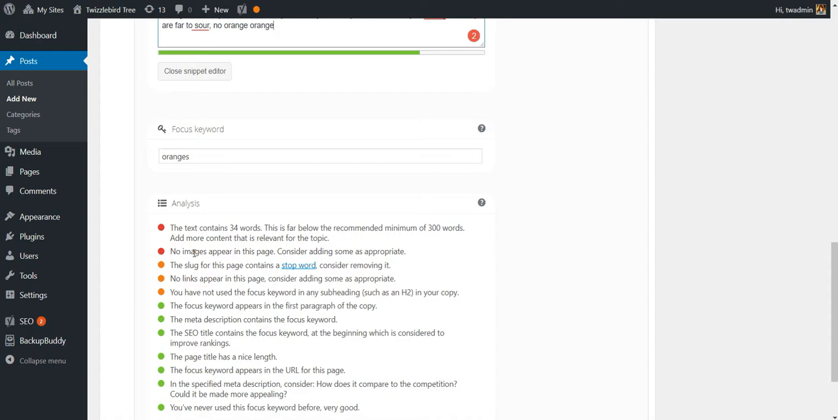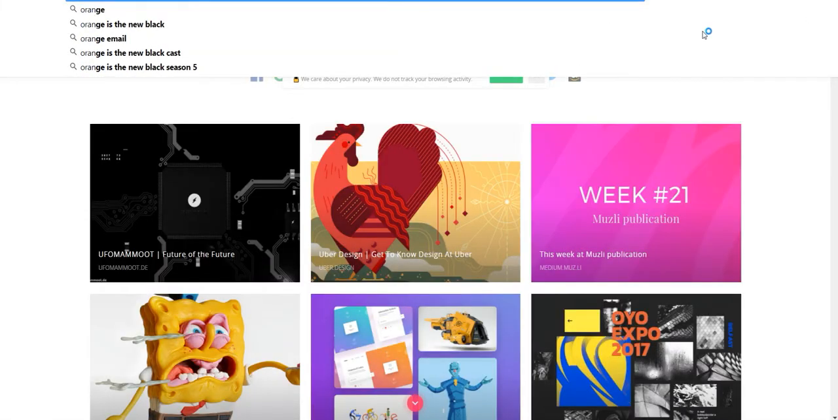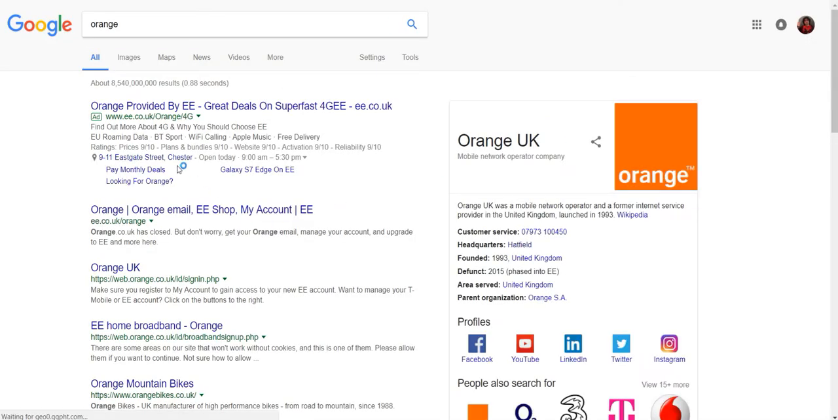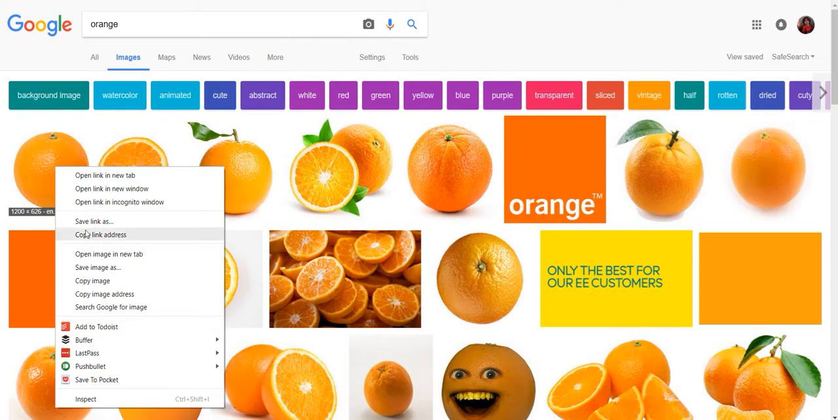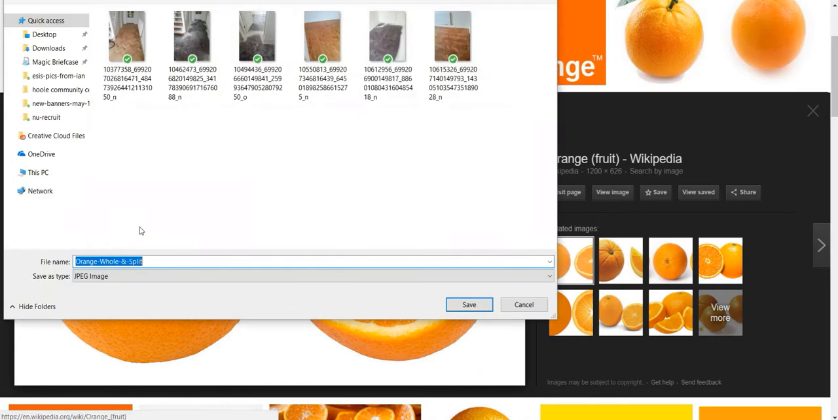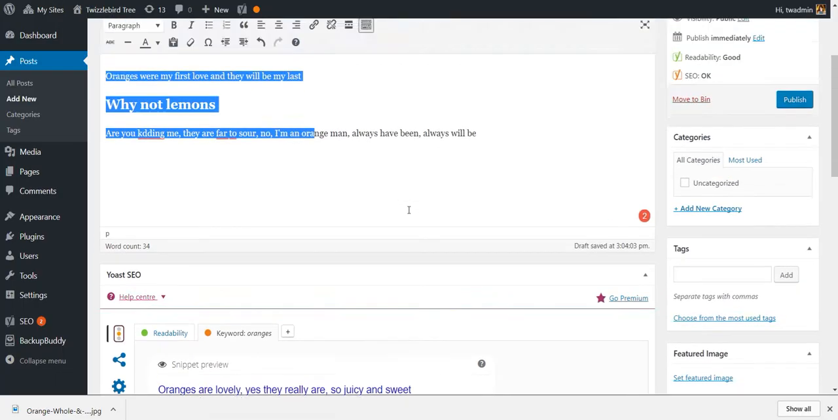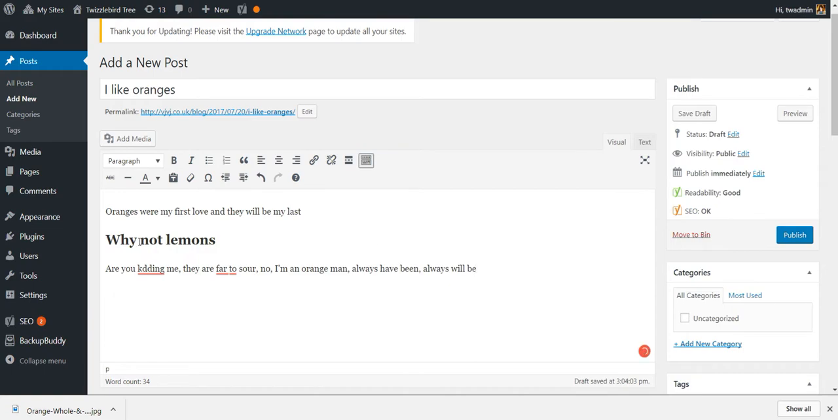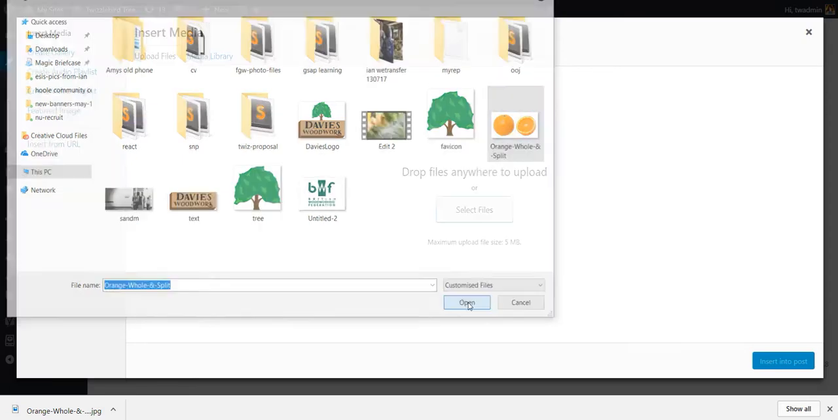And when you add a photograph, you get to set the alt text as well. So I'm going to be extremely naughty and just nick a picture of an orange off Google, which of course you should never do, but just for the sake of this video, I'm just going to do that, and then I can pop that up here. I'm going to stick that in there, upload, get my orange,